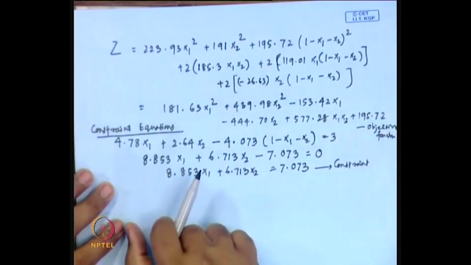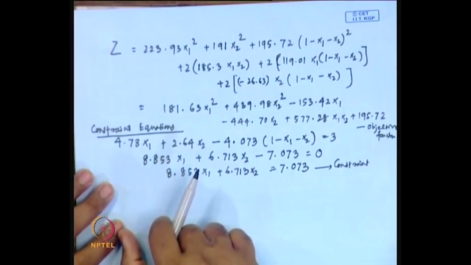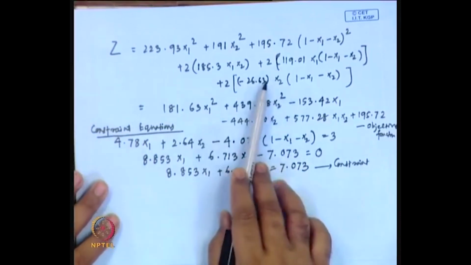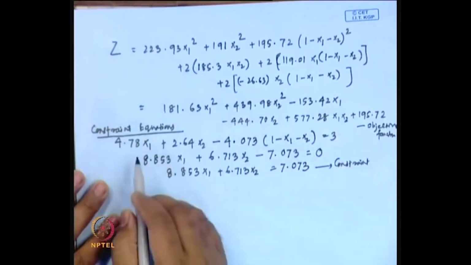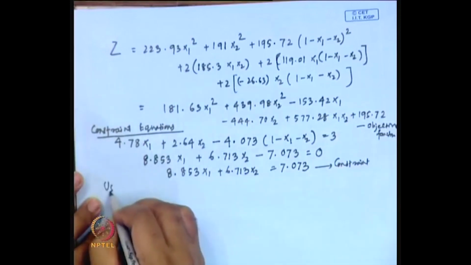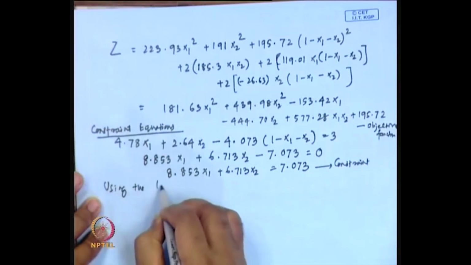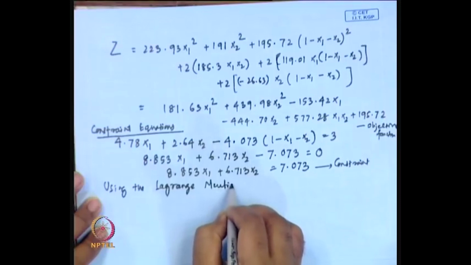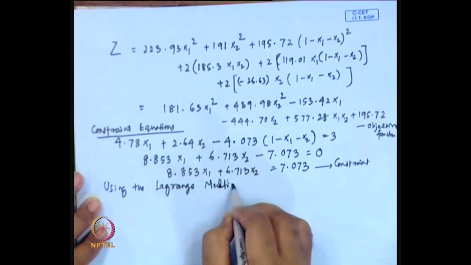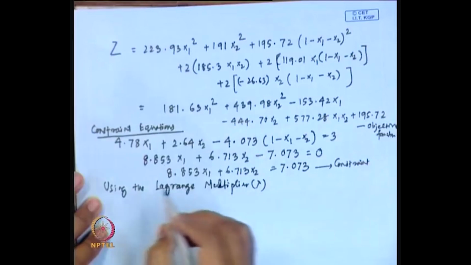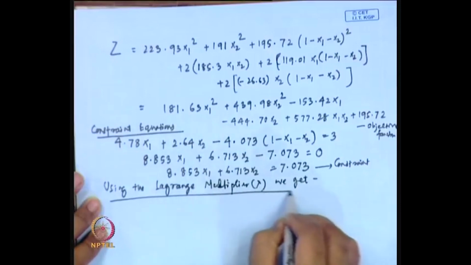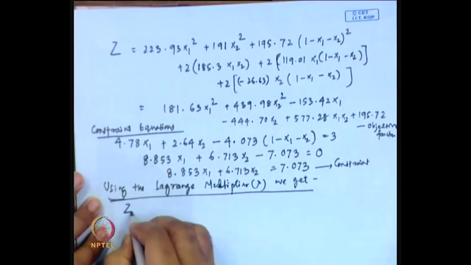Now, we got the two functions, and from these two functions, what we have to do now is use this Lagrange multiplier method to find out the values of x1, x2 and x3. Then using this Lagrange multiplier lambda, we get z is equal to